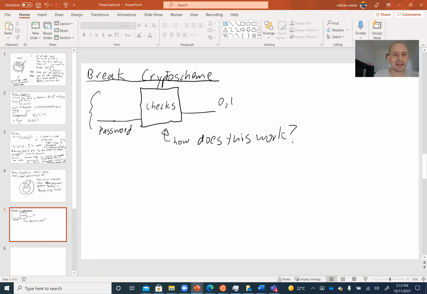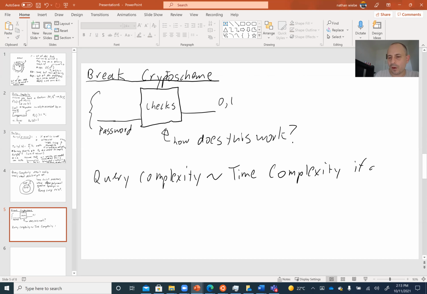Now, that's one of the big things about it, but also the query complexity in these sorts of settings ends up being kind of like time complexity if almost all compute takes place